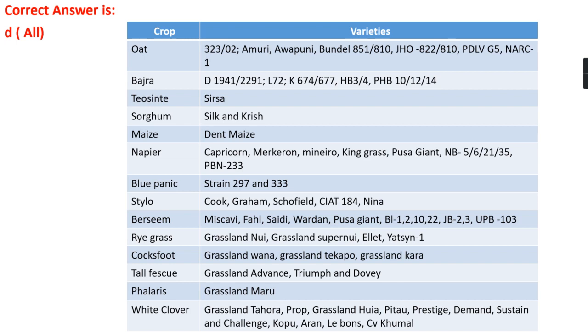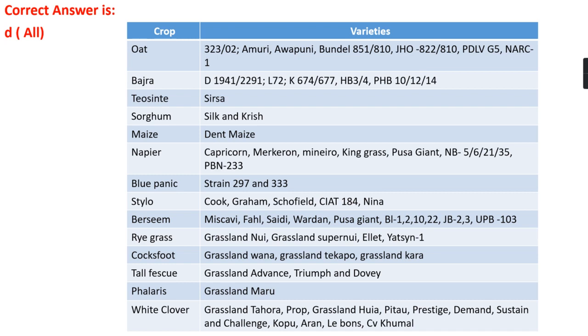The varieties of oat are 323, Amuri, Avapuni, Bundel 851, 810, JHO 822, 810, PDLV G5, NARC 1. Bajra, that is D 1941, 2000, 291, or L72, K 674, 677, HB3 or 4, PHB 10, 12, 14. Teosinte, that is Sirsa. Sorghum, silk and krish. Maize, that is dent maize. Napier, that is Capricorn, Mercuron, Mineriro, king grass,